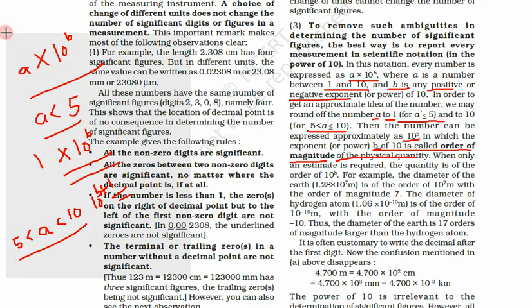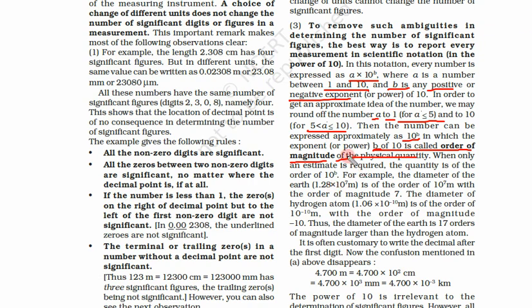Now there is only a very small problem. Here they have given that we approximate less than 5 and greater than 5, but the true way of getting the order of magnitude is that we use 3.16. This is the correct way, this is not the correct way. So here they have written that if less than 5, then we approximate it to 1. If a is greater than 5, then we approximate it as 10. So with the help of this approximation, we get the order of magnitude.